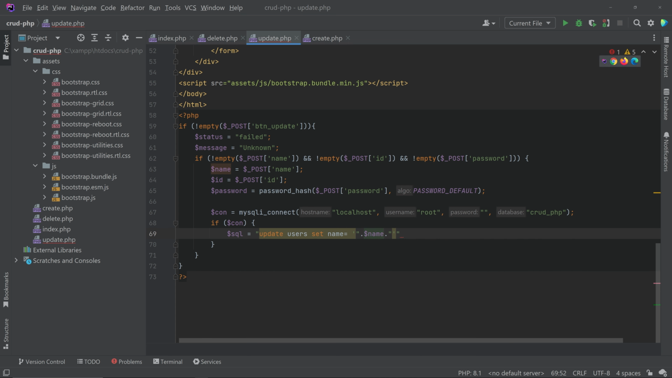Okay. We can copy this much from here, give a comma here and paste it here. And we can change this name to password, and you can change this also to $password. Okay. Then we have to give the WHERE condition. So WHERE